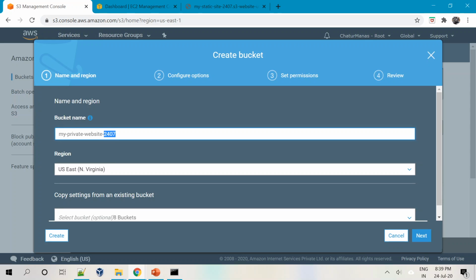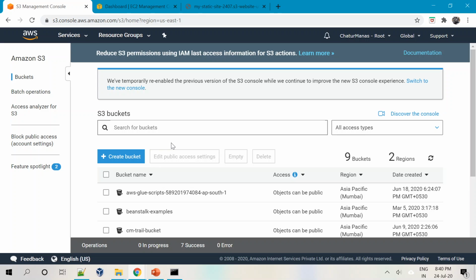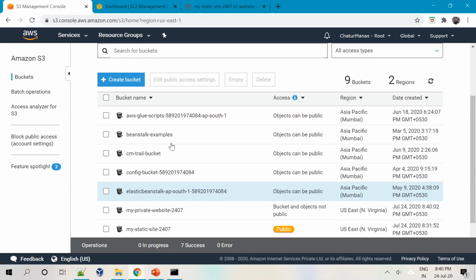I'm just adding this date because I'm trying to find a very unique name for our bucket, as the bucket name has to be unique across AWS, right? So I'll say 24/07 and I'll click create, and hopefully this particular name is available. Yes, it is available and my bucket is created.